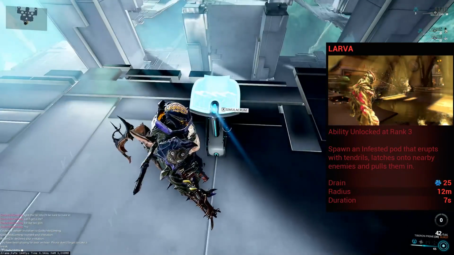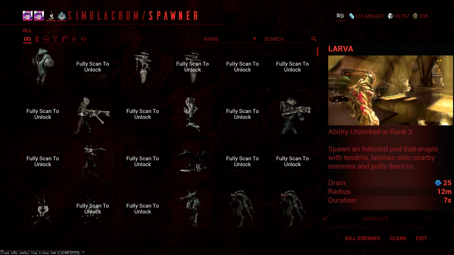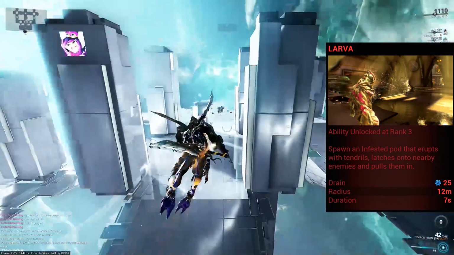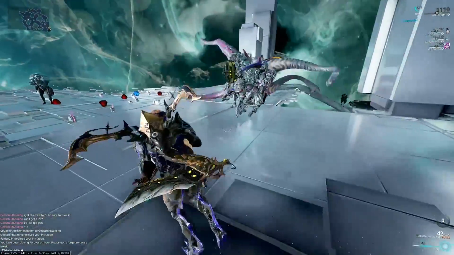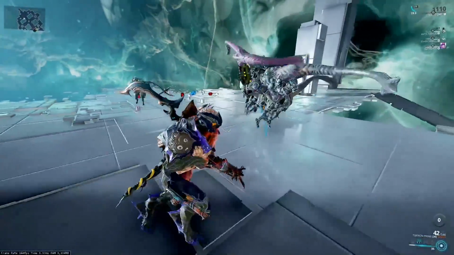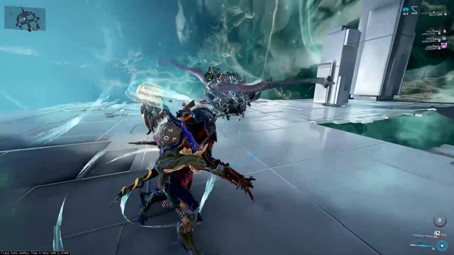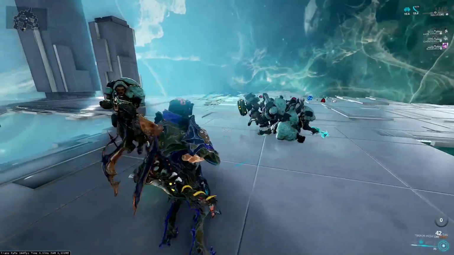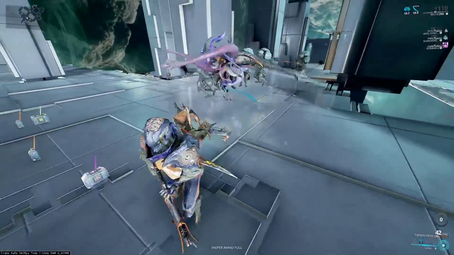Larva is Nidus's 2. Nidus flings a large snot ball of infested flesh to a location. Once arriving at said location, tendrils will shoot out and grab enemies within a radius of 15 meters and drag them into a massive man pile of weird awkwardness. Yeah. This is a strange one, but a very powerful ability, and can set up some great combos,